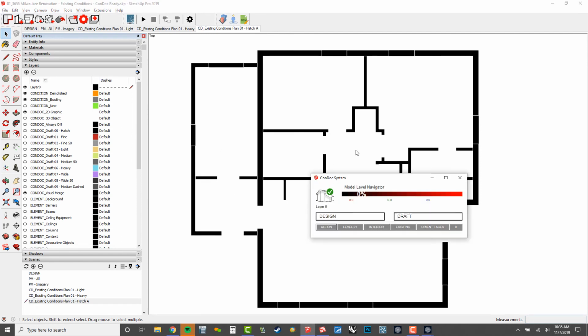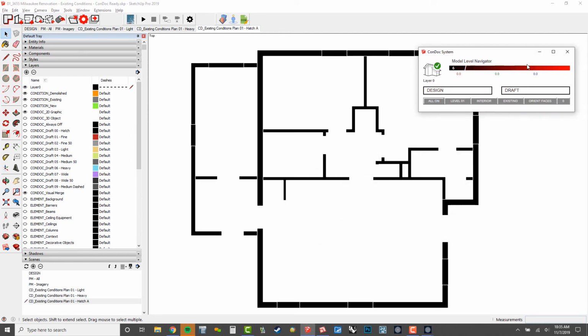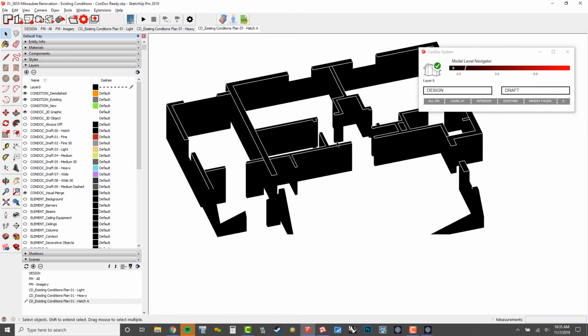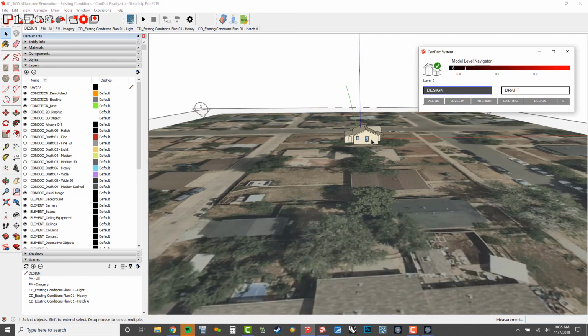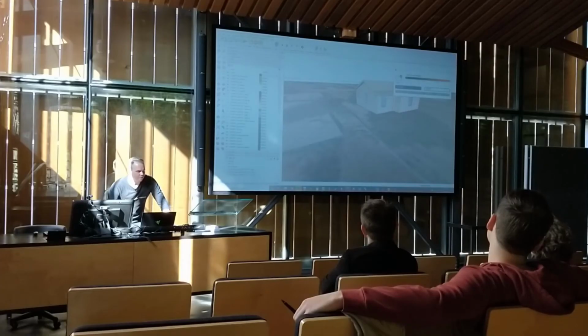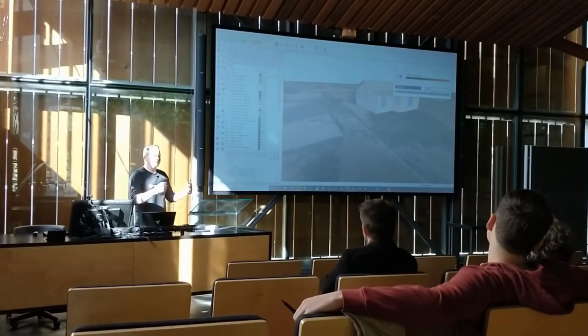Okay, and then I'm going to open up our Condoc system. This is another part of Condoc, which just automates all of your layers. So if my model's all messed up, and all my layers are all messed up, I just click design, and it brings me back to a place where I can actually work on my model. Instead of going in and turning layers on and adjusting the style, I just click one button and